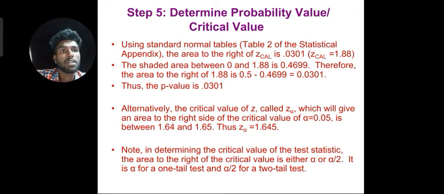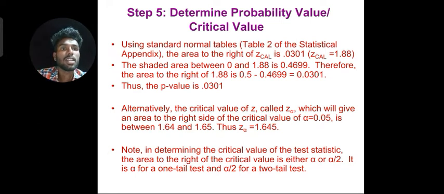Using standard normal tables, table 2 of the statistical appendix, the area to the right of Zcal, 1.88, is found. The standard area between 0 and 1.88 is 0.4699. Therefore, the area to the right of 1.88 is 0.5 minus 0.4699 equal to 0.0301. Thus, the p-value is